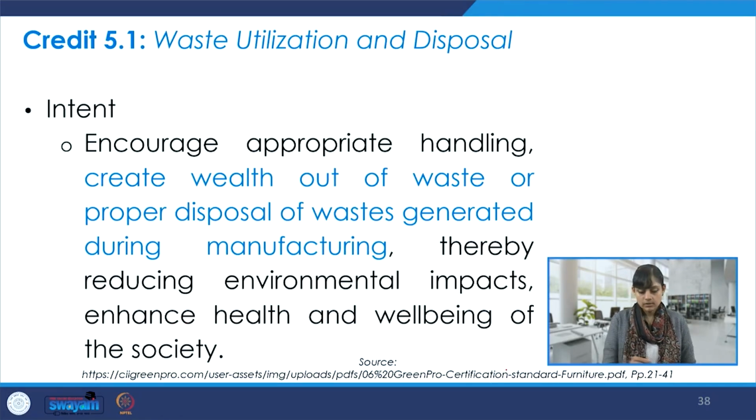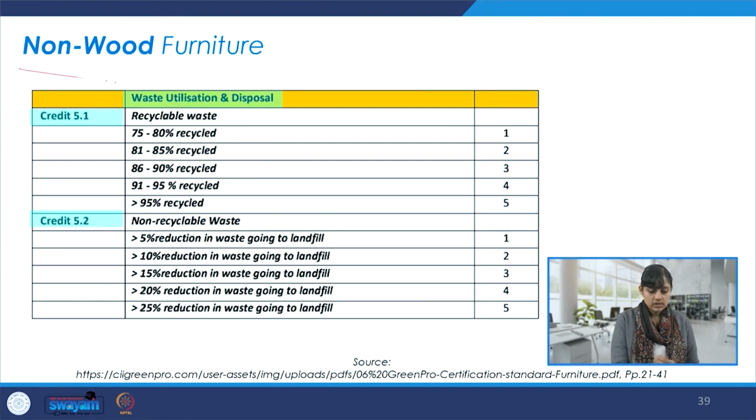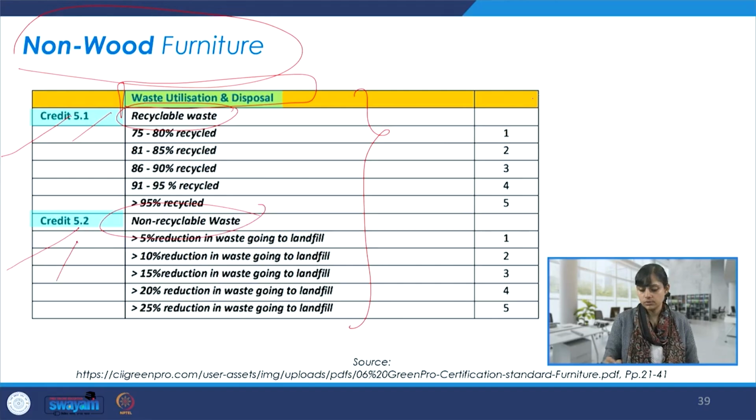Credit 5.1 specifically talks about waste utilization and disposal. The intent is to encourage appropriate handling, create wealth out of waste, or proper disposal of waste generated during manufacturing. Now, this is non-wood furniture, and we are talking about waste utilization and disposal, and we have credit 5.1 and credit 5.2. It talks about recyclable waste here in 5.1 and non-recyclable waste in 5.2, and